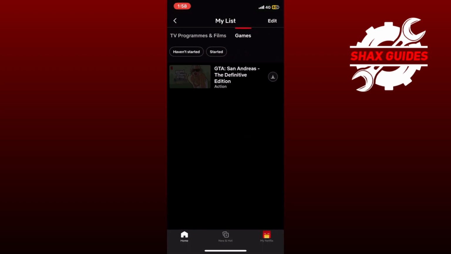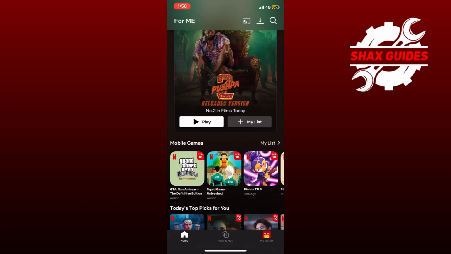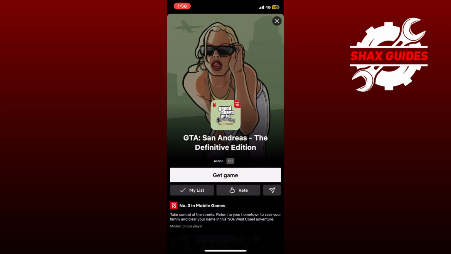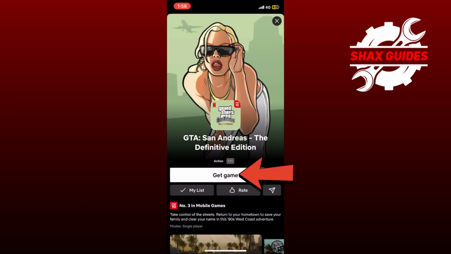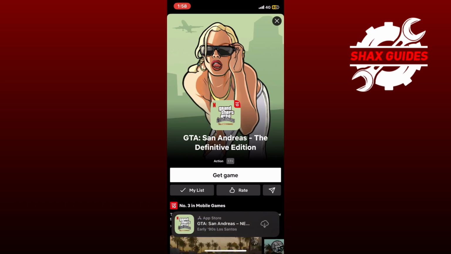You can either browse or use the search bar to find GTA San Andreas. Once you locate the game, select its tile to access the installation page. Then, tap on Install. This will redirect you to your device's App Store or Play Store to download and install